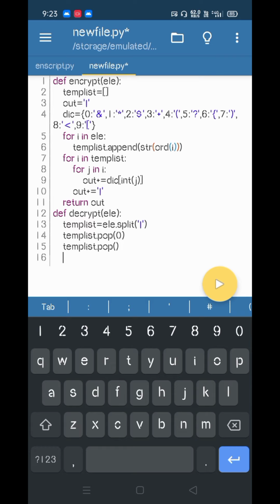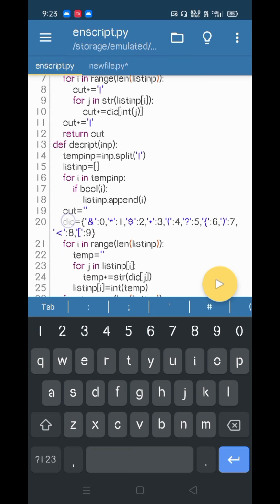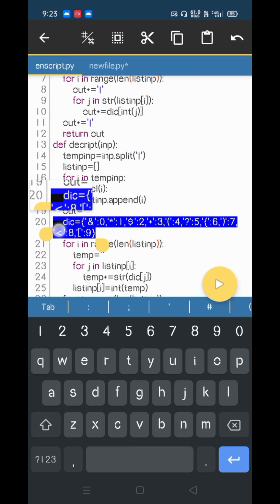So now we should traverse through the list. This is the main part. Here, according to the symbol, we are getting the number.